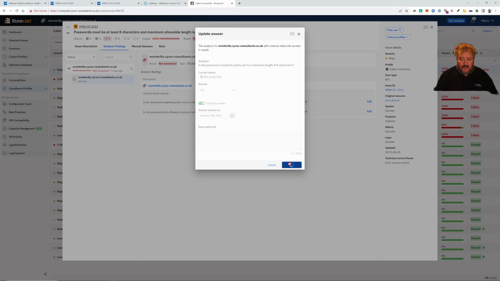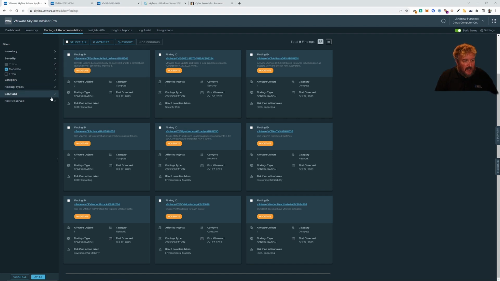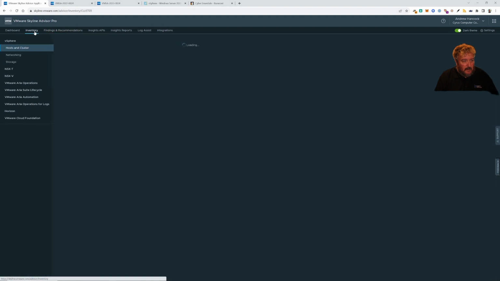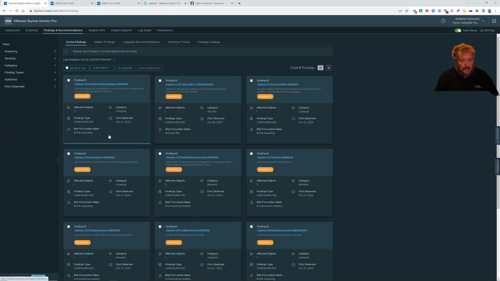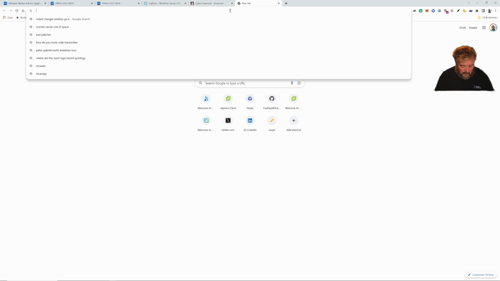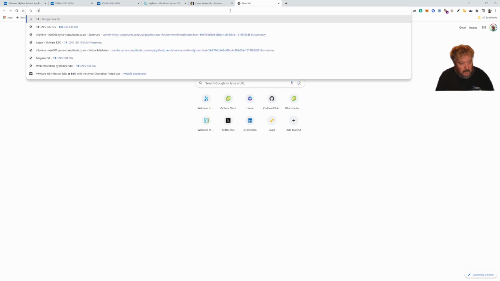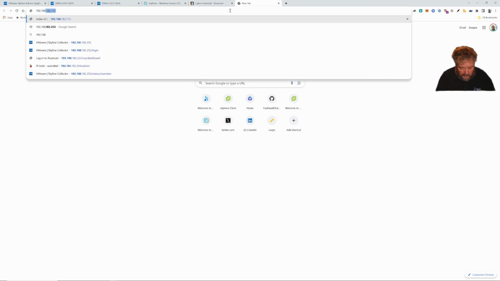Things are just a little bit slower than I'd anticipate. I've actually got another environment here running Runecast, and I might go and have a little look at that. But anyway, whilst that's doing that, has anything really changed here? Findings and recommendations. And what we could do, just whilst I'm waiting for Runecast, if I try and remember the IP address, 168.182,